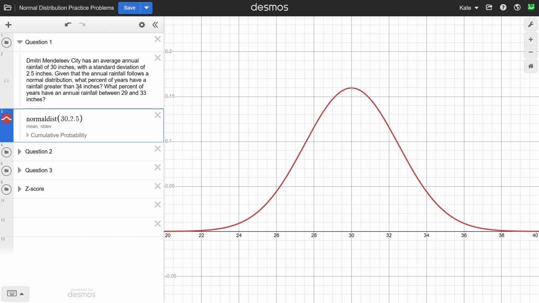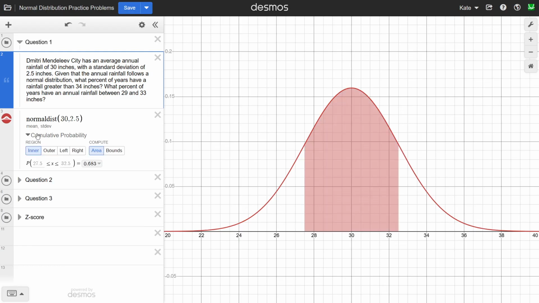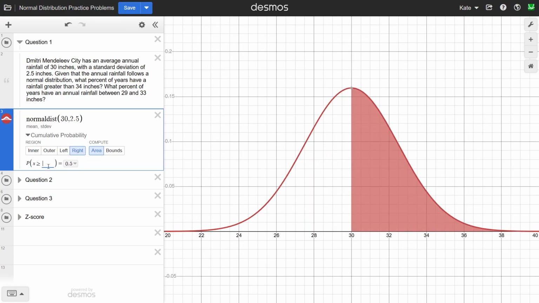When we're looking at what we're asking for, we are being asked for the percent of years. And that means we're going to be calculating the area under the curve, and we're going to set the parameters, which is greater than 34 inches for this first part. We go to this cumulative property tab and the area computation. We want greater than 34 inches, so we're going to go right and then 34. That's going to give us our answer, which is the probability would be 0.055, or in percent around 5.55, or